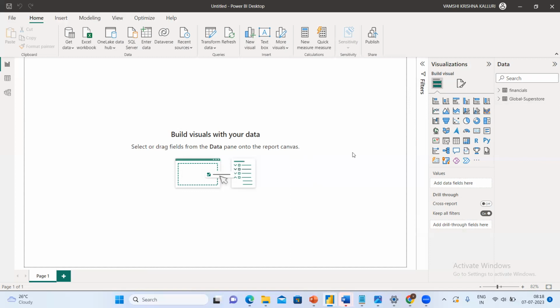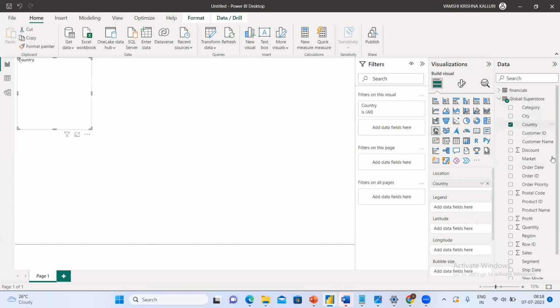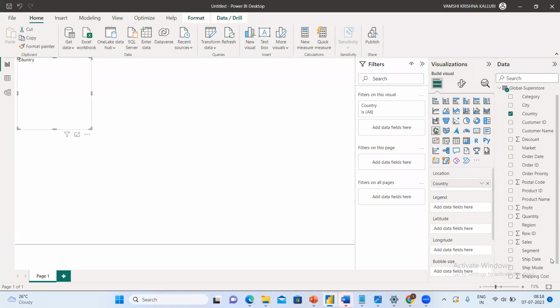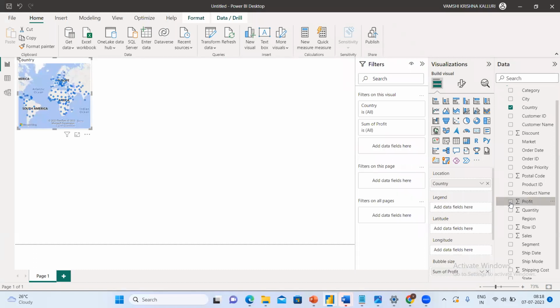Now let's take the global store. I'm taking the global store, and we have different countries. I want country wise, so just click on country wise profit or country wise sales. I don't know which country, I want to know the top one country, top two country, top three, all the countries. What was the profit? Click on this one, and I'm clicking this one.